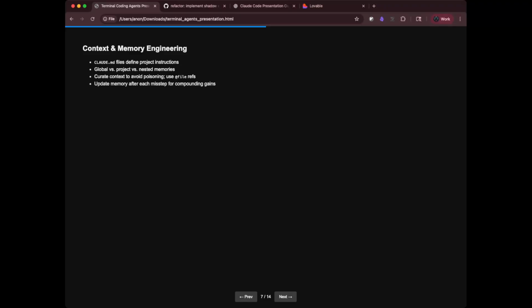So this is a very good tool for doing that kind of context and memory engineering. One of the things that I very much like to do, regardless of whether Claude was or wasn't able to do something, when either he's done with the task or I'm pulling him off the task, I will generally say, hey, for the directories that you worked in, do we need to add anything to the directory scoped Claude MDs so that